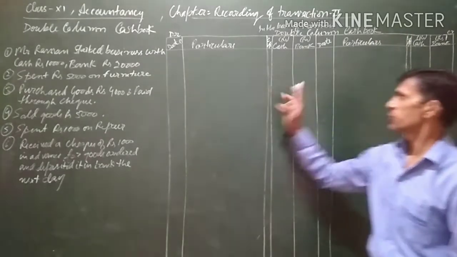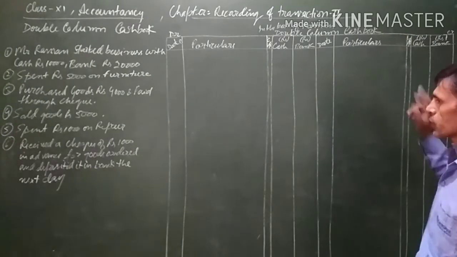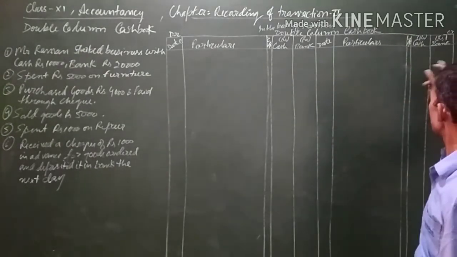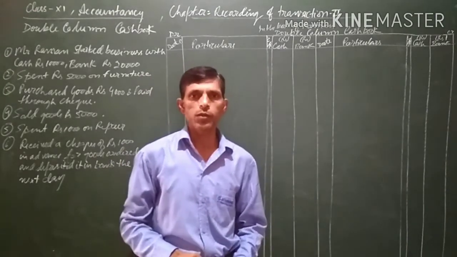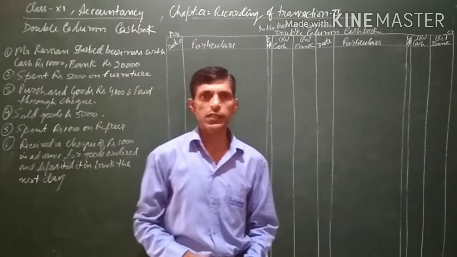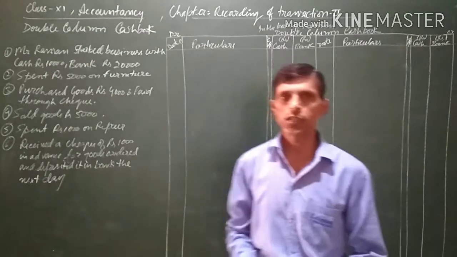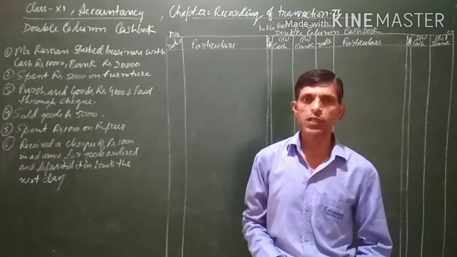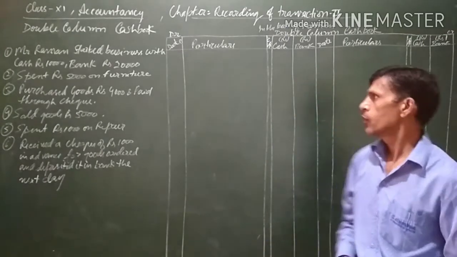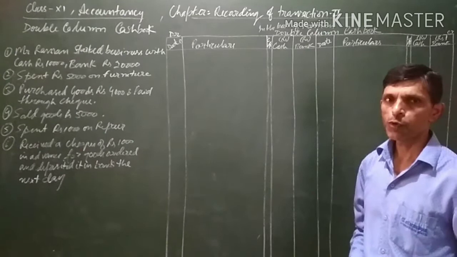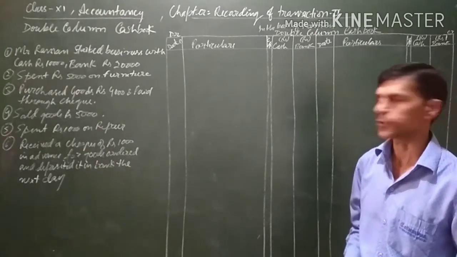That is, on the debit side there will be two amount columns, one for cash and one for bank, and on the credit side also there will be two amount columns, cash and bank. This double column cash book is very popular, because in all businesses nowadays, besides cash, most transactions are through cheque, and the government of India is also promoting cashless transactions, meaning payments should as far as possible be made directly to the bank account. That is why the double column cash book is more popular, and most businesses use it instead of the single column or simple cash book.